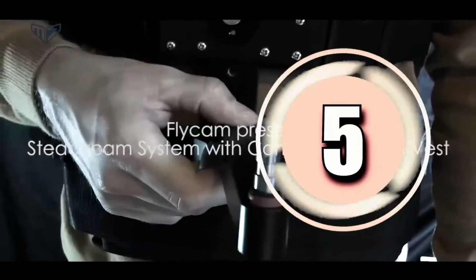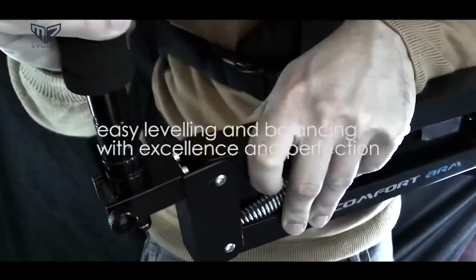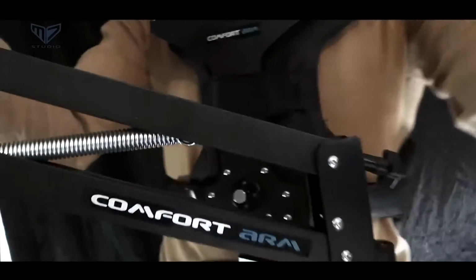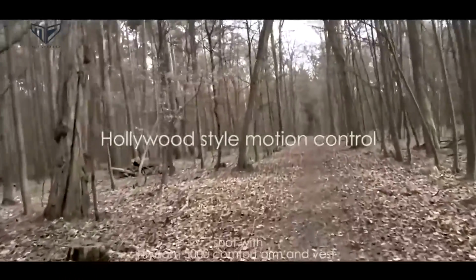In the 5th position we have the Flycam Camera Stabilizer. A slightly different category than the gimbal stabilizers are the balancing systems, and the Flycam is a perfect example of one that does a great job for half the price of similar balancing systems. In general, the Flycam is a handheld video stabilizer that can support a great range of cameras weighing up to